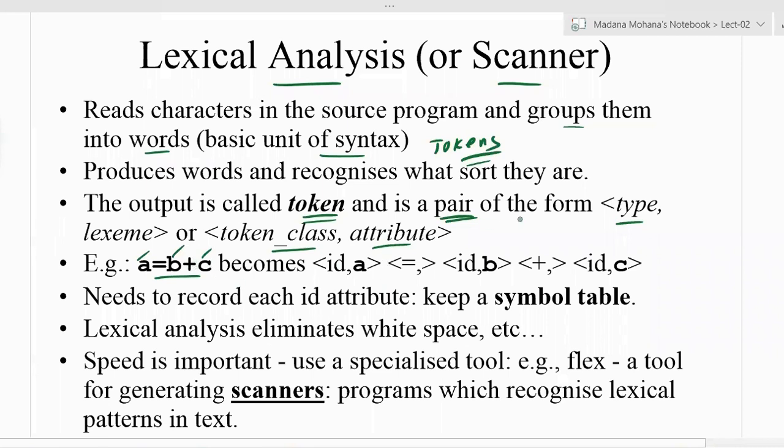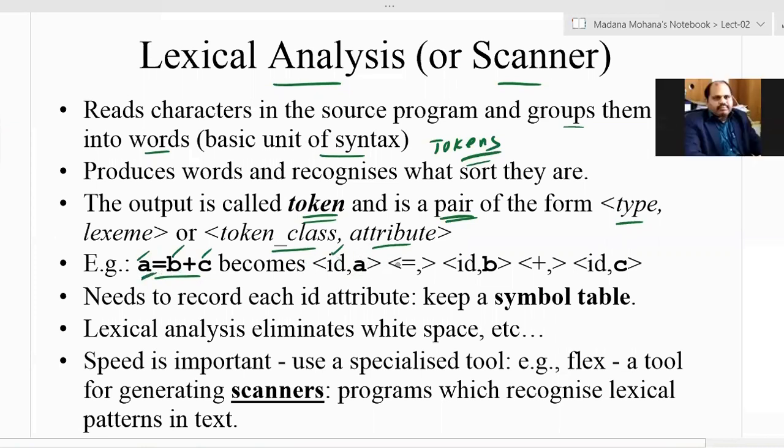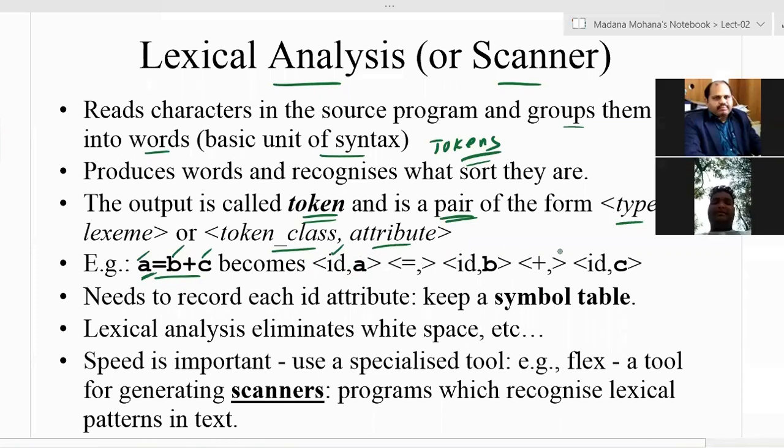Now using the above token notation, this can be converted. The first one, the left hand side identifier, is a. You can represent it as type, what is its type? a is an identifier, so ID, comma, then lexeme, what is the original value? So a, within angular brackets.